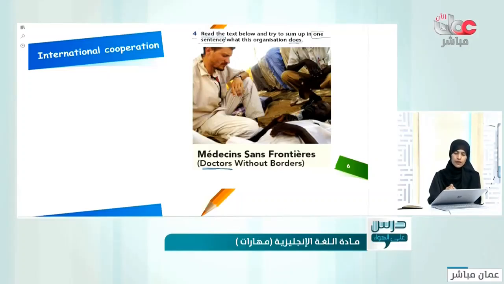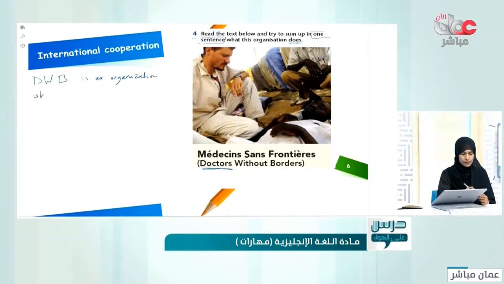So in one sentence, we could say that Doctors Without Borders is an organization which helps people who are in need